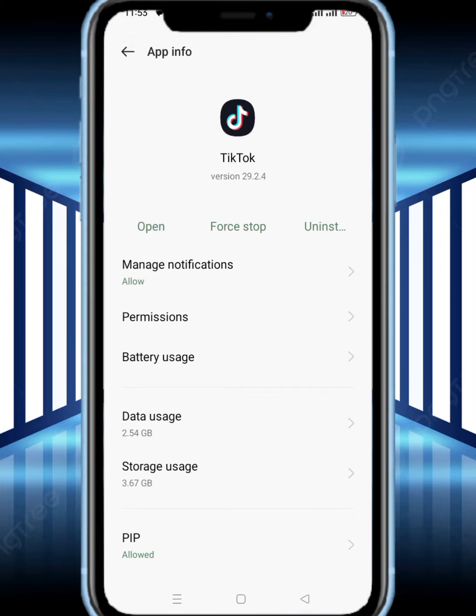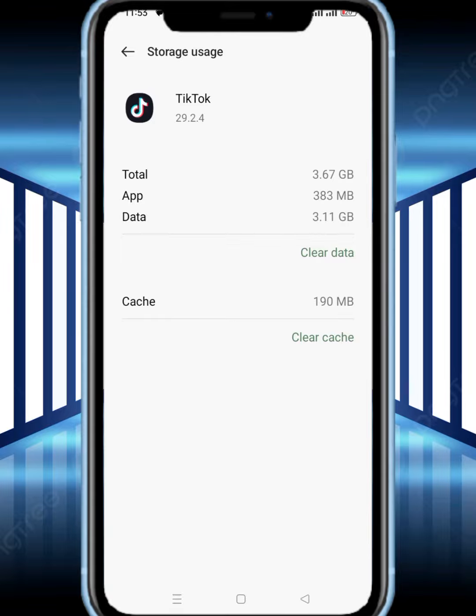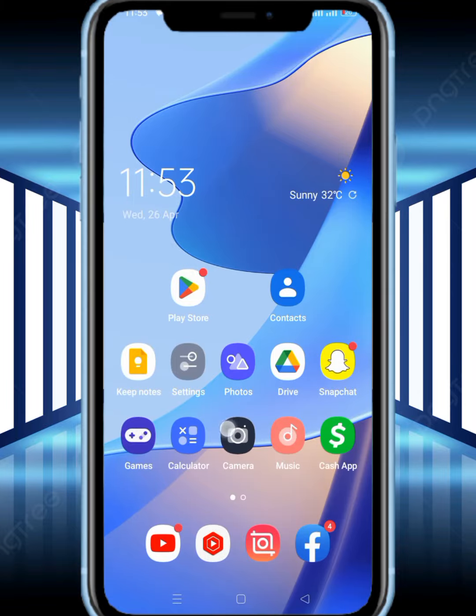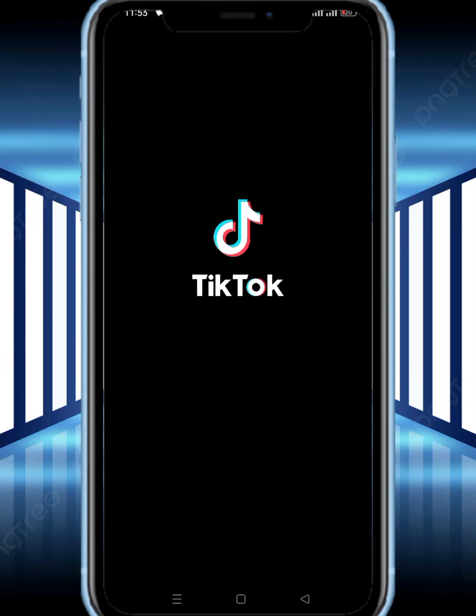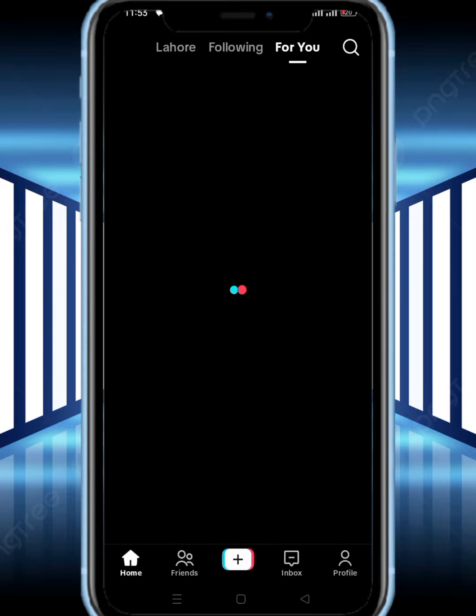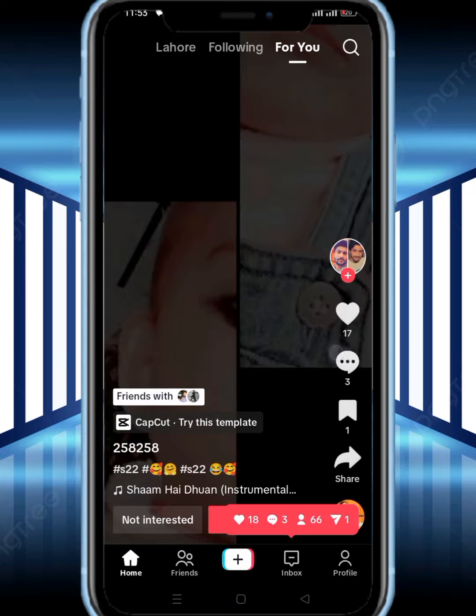If the problem is not fixed, then tap on usage, data usage, and tap on clear cache and clear data, and after that I hope your problem will be fixed. Go back and open your TikTok account. As you can see,